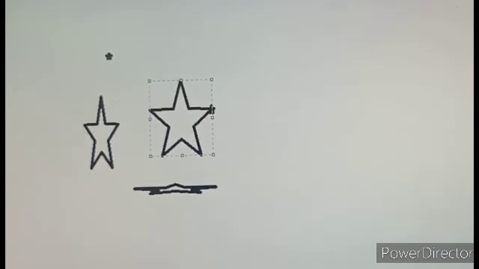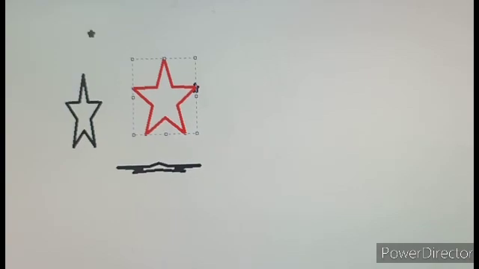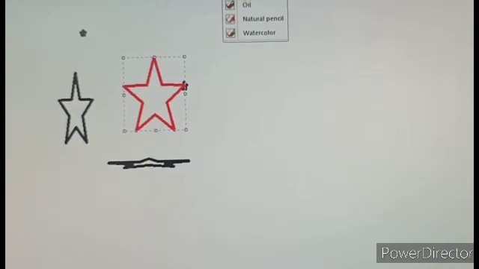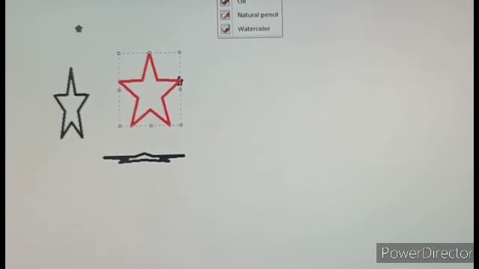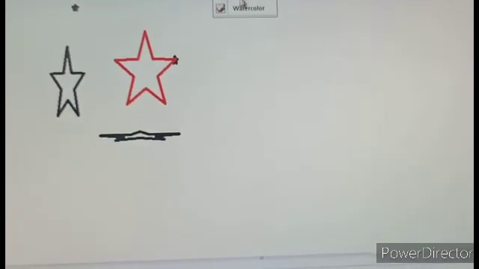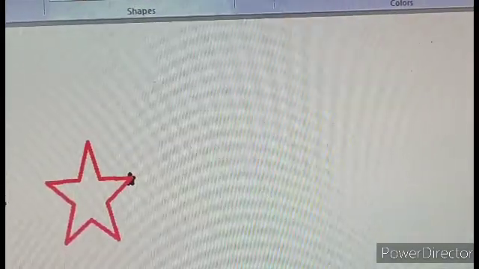Okay, MS Paint. Now suppose I am drawing something. Star. Color it. Solid color. Fill color. Okay.